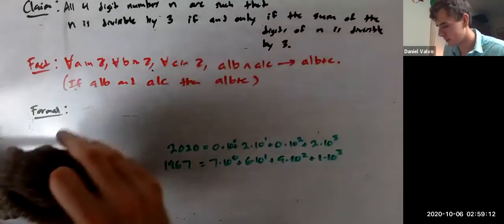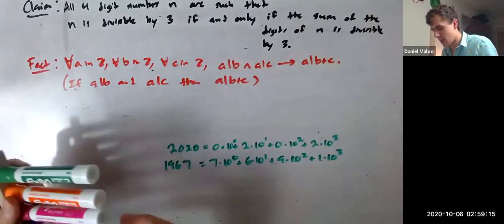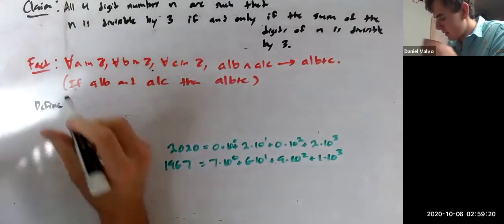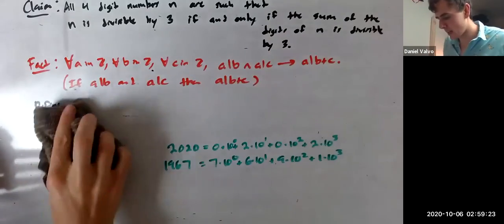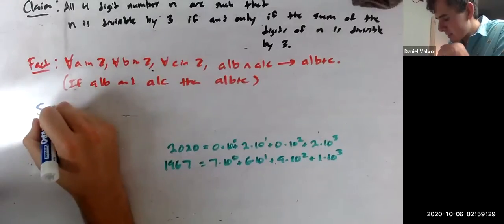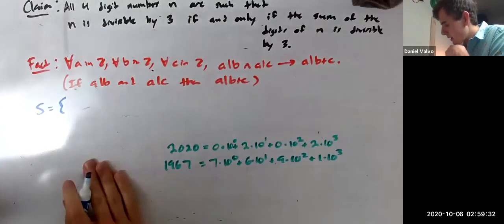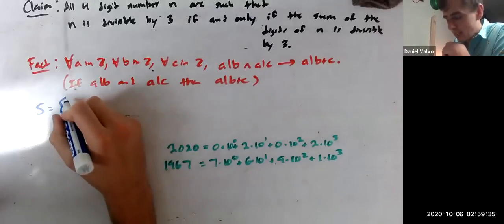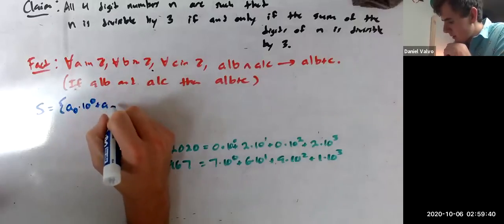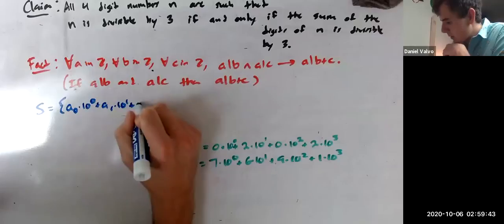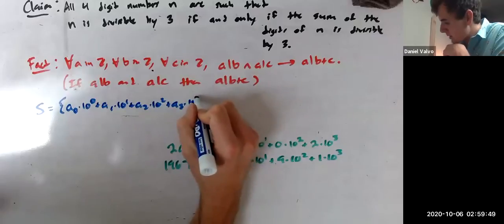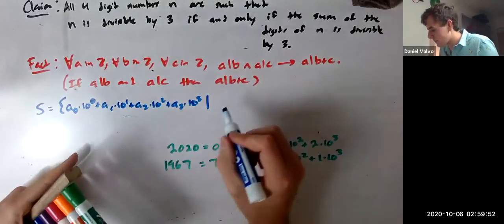So the first thing I'll do is I'm just going to define a set here. I should do it in blue for some reason. Let's define a set S, which is the set of 4-digit numbers. So let's define S to be the set of all numbers that can be written like this: A0 times 10 to the 0 plus A1 times 10 to the 1 plus A2 times 10 squared plus A3 times 10 cubed, such that